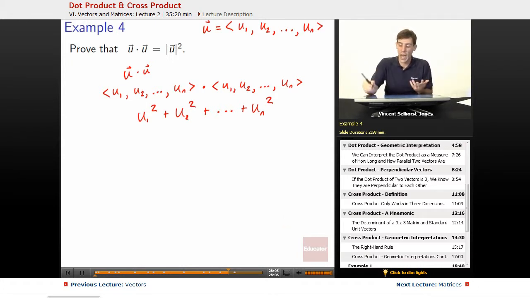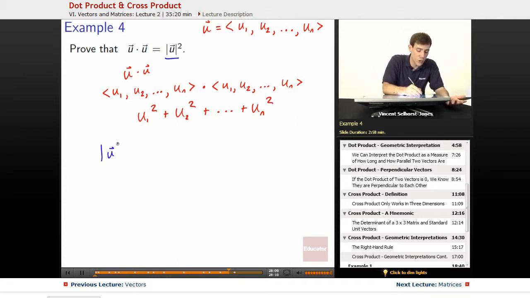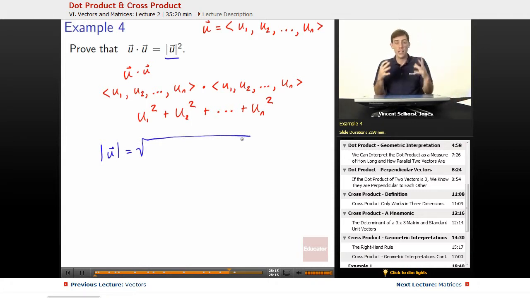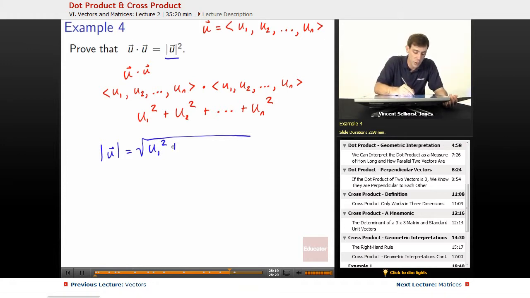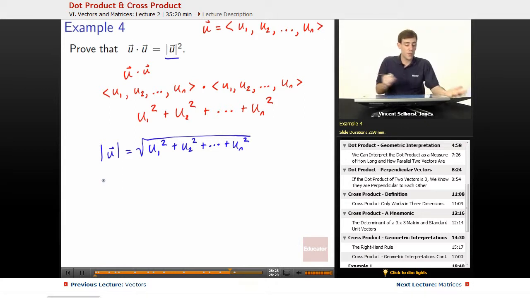So let's take a look at the magnitude of u squared. So first, what's the magnitude of u? Well, magnitude of any vector, remember, is each component squared, added together underneath the square root. So it would be the first component squared plus the second component squared up until the final component squared, and all of that underneath the square root. Well, if we square this,